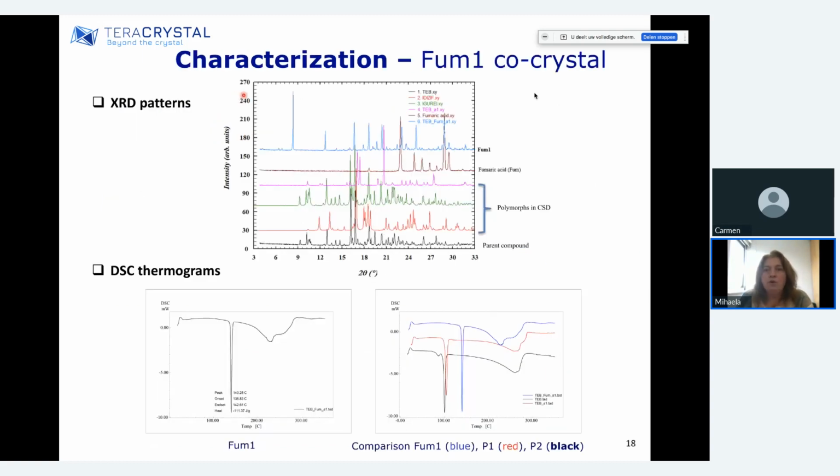Some more examples on co-crystals of an agrochemical compound, another agrochemical compound. So you see this is the X-ray of the parent compound. And as I mentioned, when you look for co-crystals and you run your Crystal16 cycles and you see it's a congruent system, you analyze first by X-ray, but be careful and look at all the polymorphs that the parent compound, but also that the co-former, in this case fumaric acid, might have. So here I represent just one, but